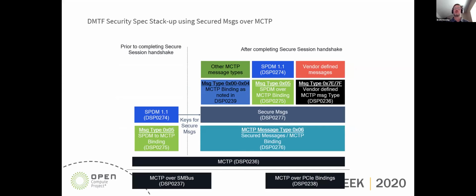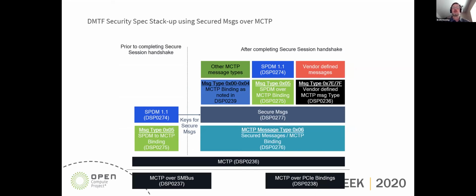So this slide just shows an overview of how the different message types fit together. And the goal of this slide is to show how SPDM fits in with existing protocols that are in use in pretty much servers all over the place.